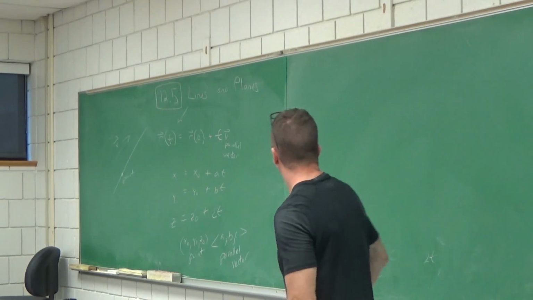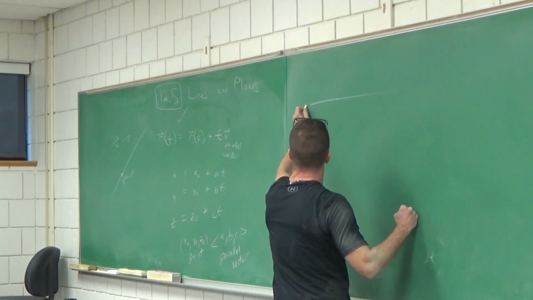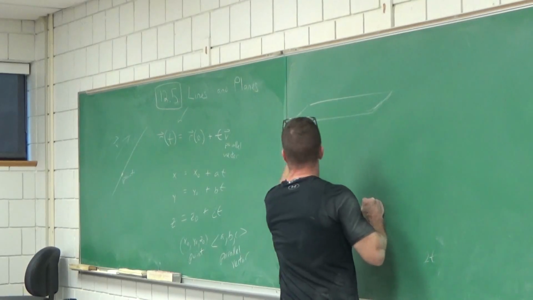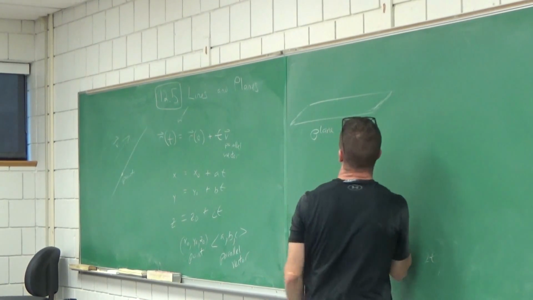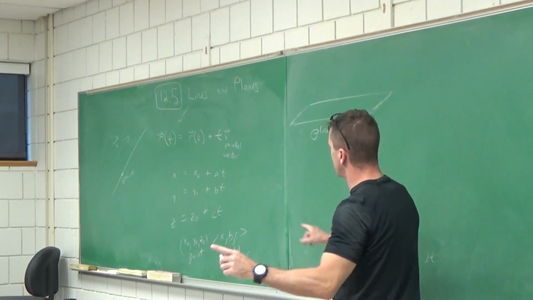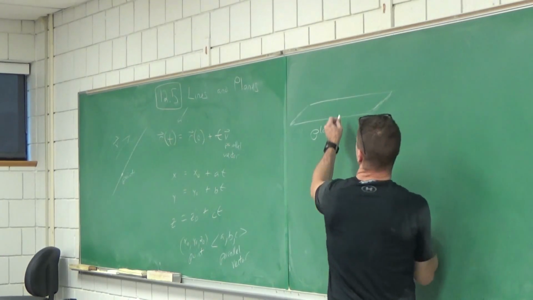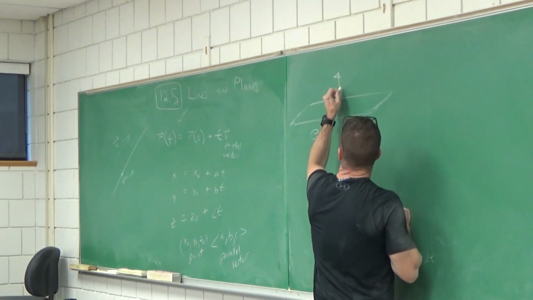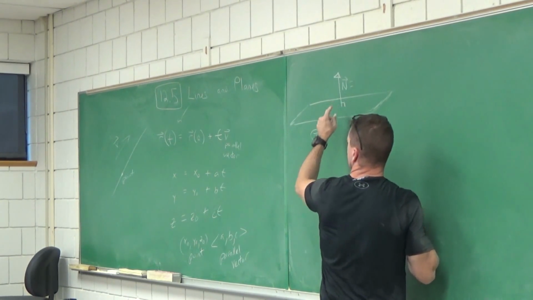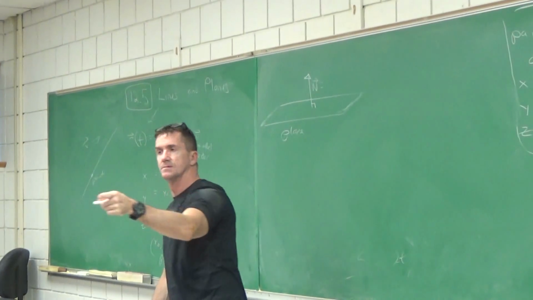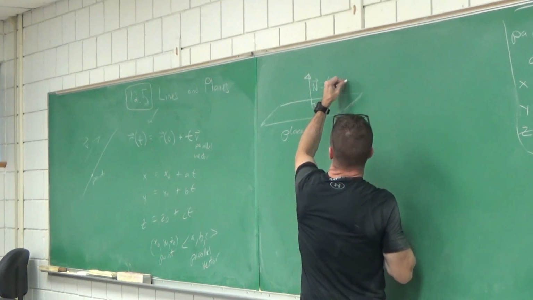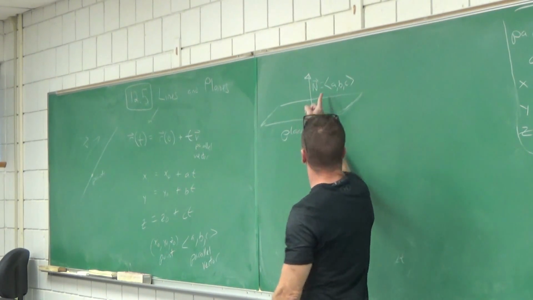Well, how about a plane? Well, let's just draw a plane. Plane like this. Here's a plane. To describe lines, we use a parallel vector and a point. To describe a plane, let's use a normal vector. What I mean by a normal vector is a vector that is perpendicular to the plane. So what if I have a normal vector? You can call that ABC. These are the components of the normal vector.